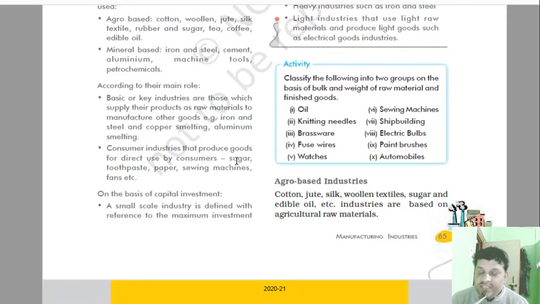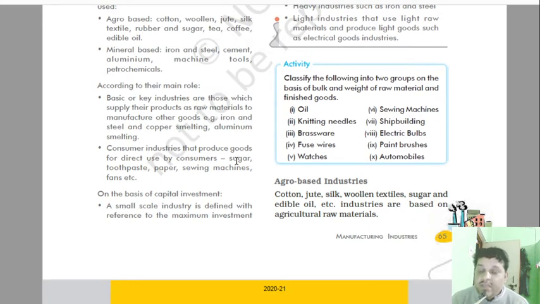If there is establishment of iron and steel industry, and copper smelting, aluminium smelting, all these are basic industries, because after the aluminium smelting industry produces aluminum, then this aluminum may be utilized in making utensils or aeroplanes or other items, or for electricity wire.